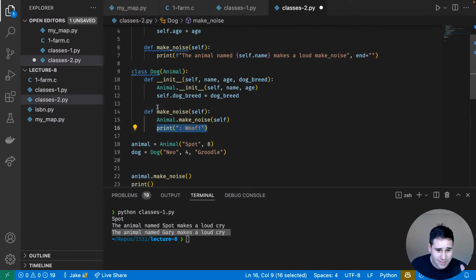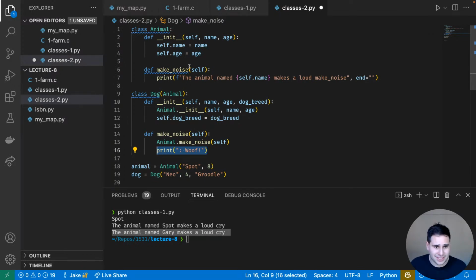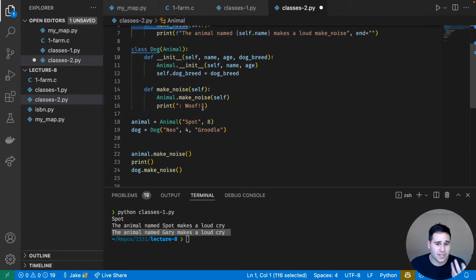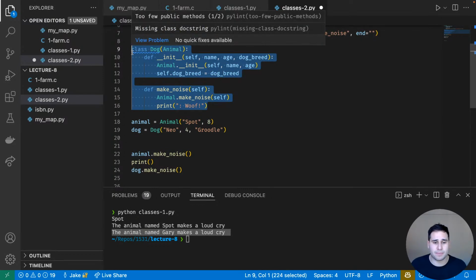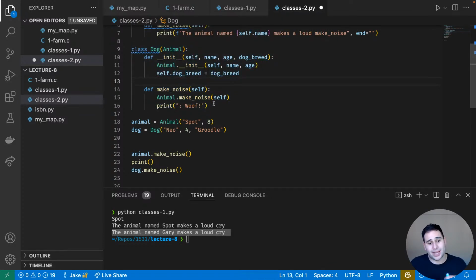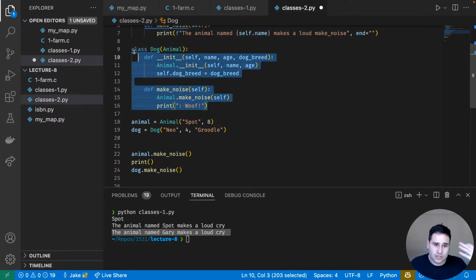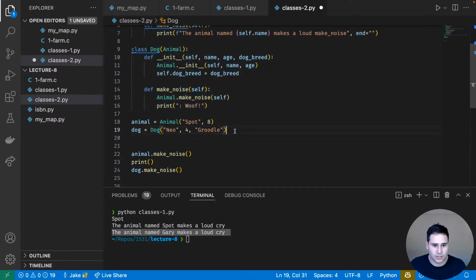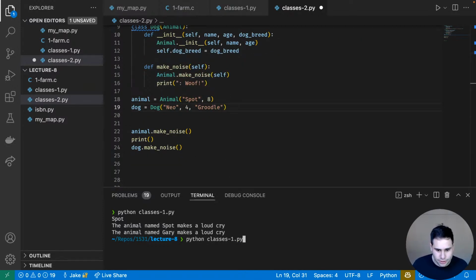And so what we've done here is created two classes. We have the same animal class that we had earlier, and we have this new dog class, which, using some of the Python syntax, and the syntax changes depending on the language you're in, we can inherit from the animal class and actually do some extra specific things that only a dog can do. And so if we run this code,